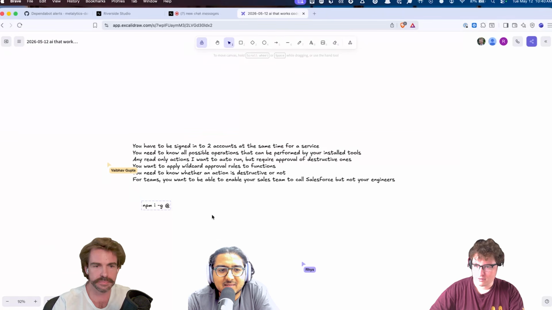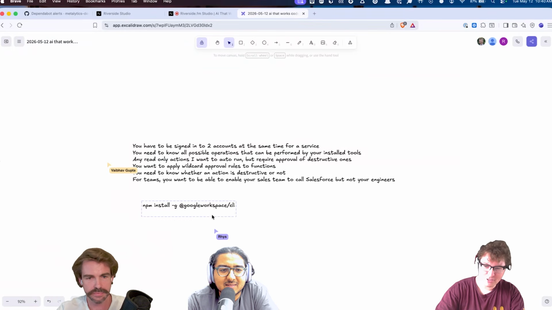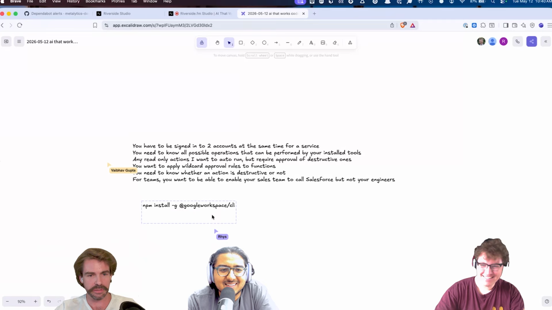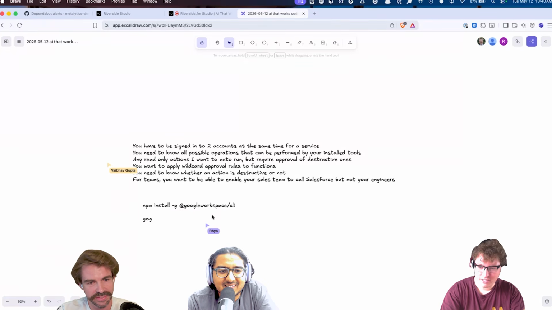I'm getting the real command here because I realize that people are going to run these things. Yeah, don't get slop squatted. Don't slop squat the audience, please. Yeah, so you run this command and then you do the Goog login, and now you've got one account tied to